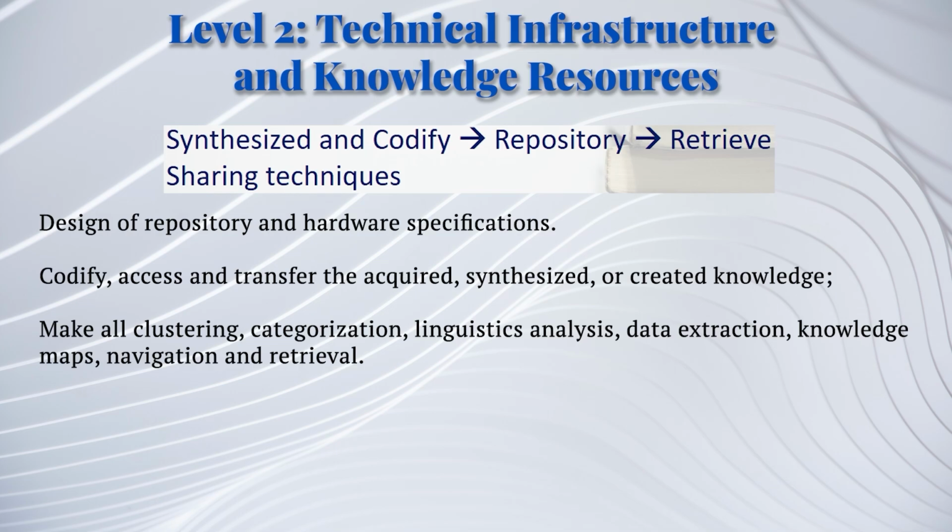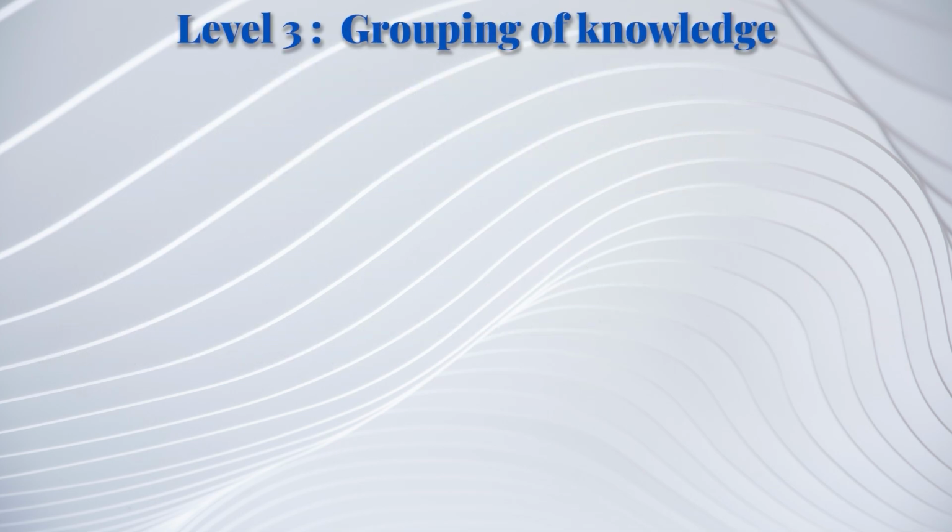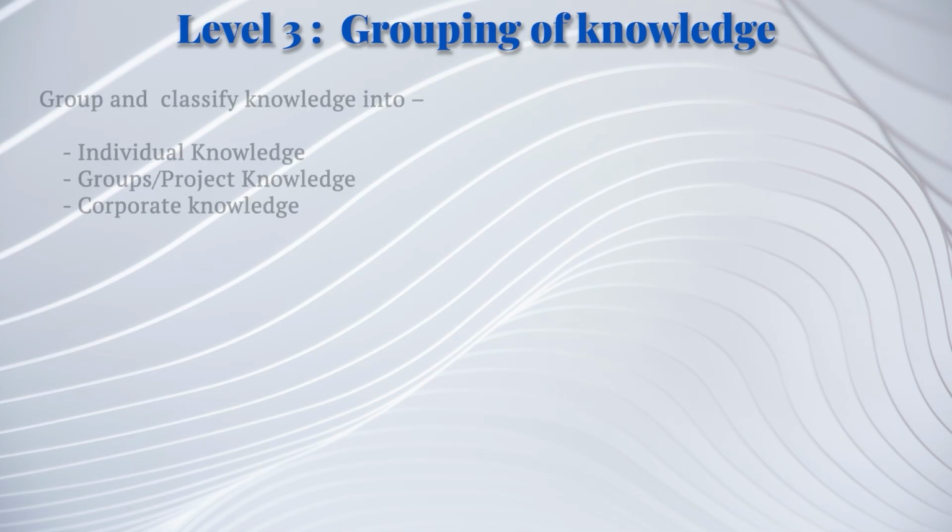That includes the structured and unstructured knowledge assets that drive decision making and innovation. The technical infrastructure includes basic IT systems such as local file storage and individual knowledge repository. The accessed, acquired and synthesized or created knowledge is then codified, accessed and transferred. The integration of taxonomy and metadata, clustering, linguistic analysis, data extraction, navigation, knowledge mapping and retrieval are also very important components of this stage. In the third level of capability maturity model, knowledge can be grouped based on its nature,